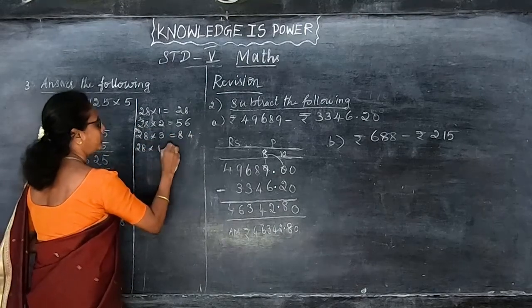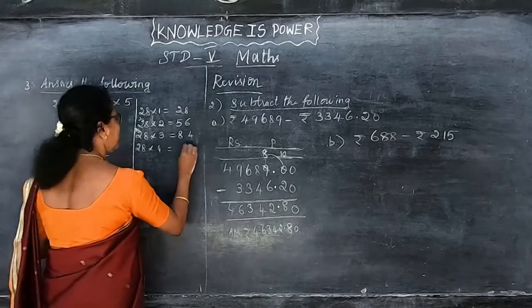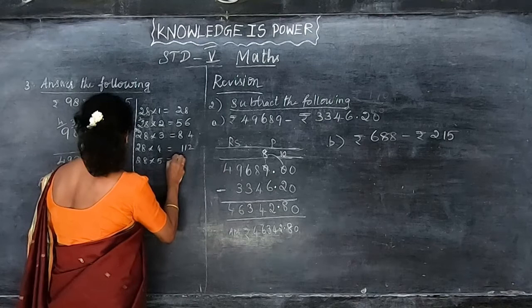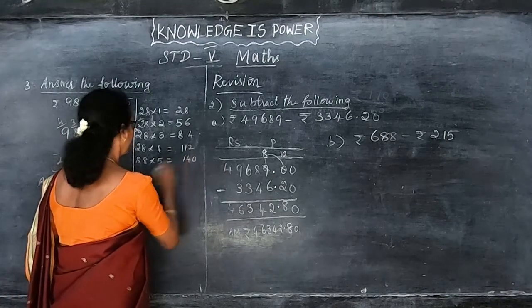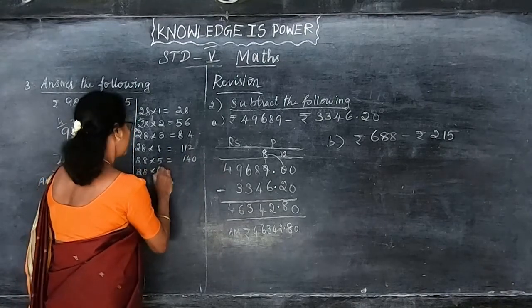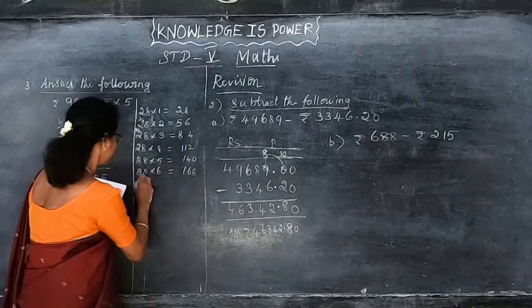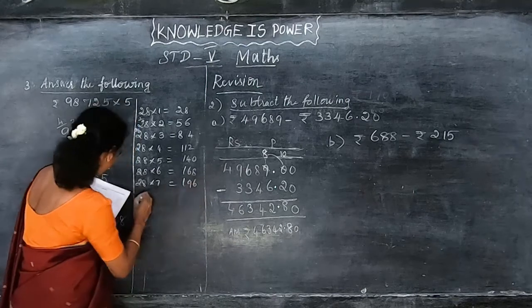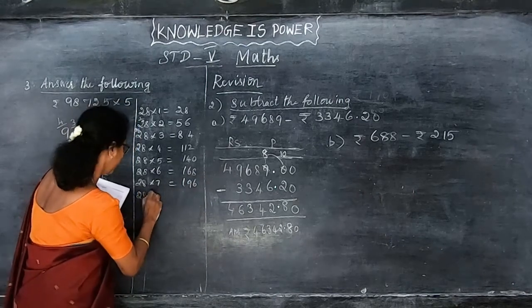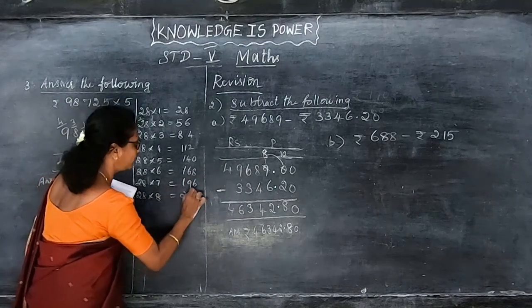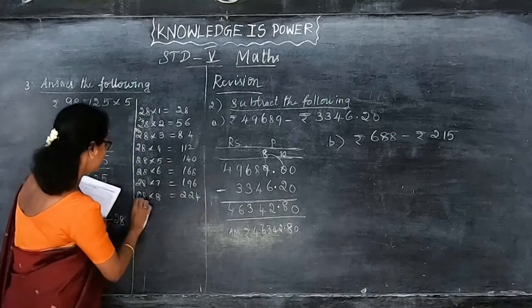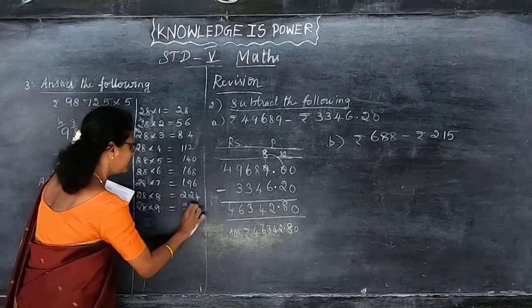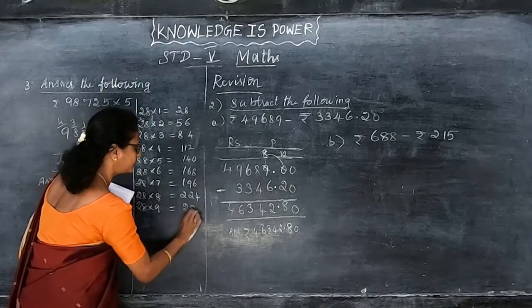28 into 4, that gives you, so I'll write as it is. You can multiply and see the number. 28 into 5, 140. 28 into 6, 168. 28 into 7, 196. But in division we have to write the tables properly. Then only we can divide and see the answer correctly, children. So multiply correctly. The answer is 280.